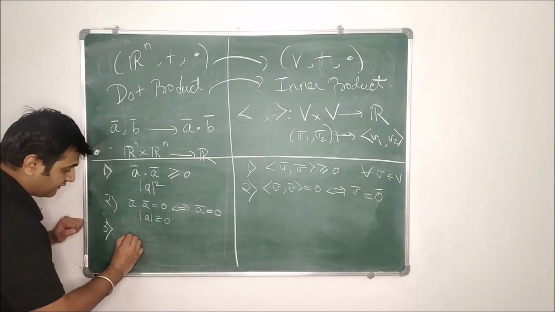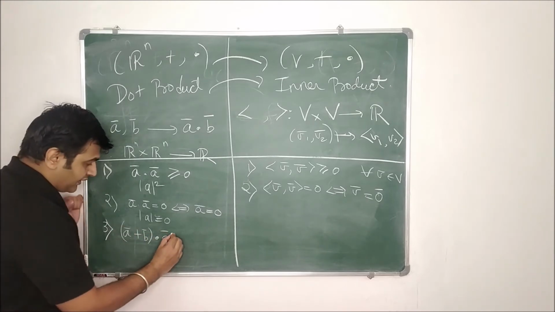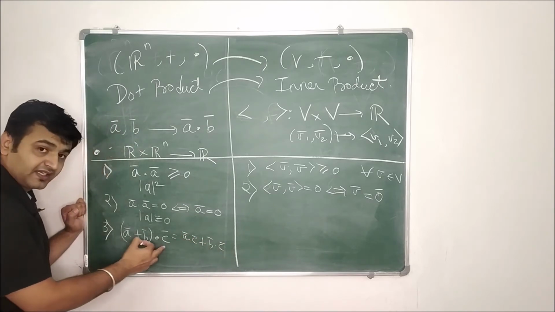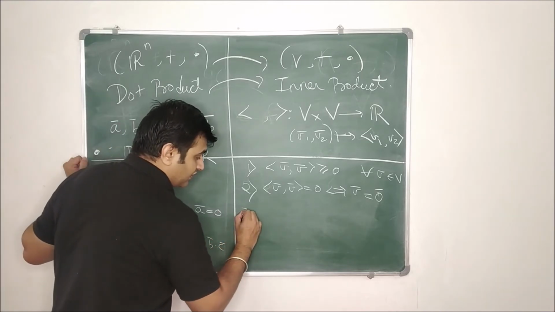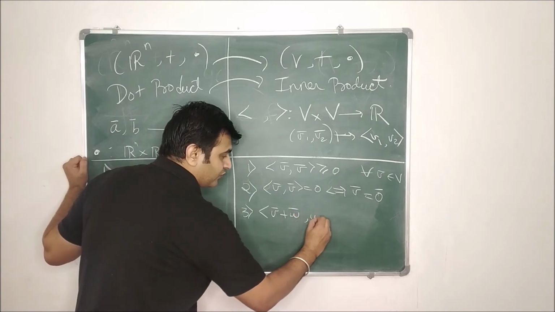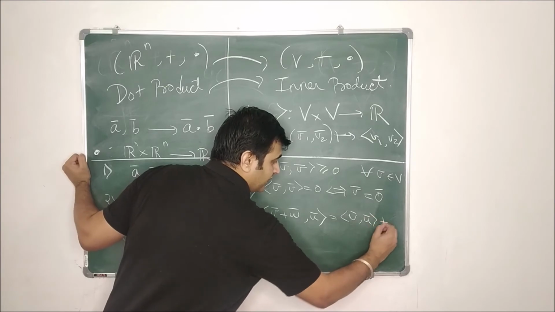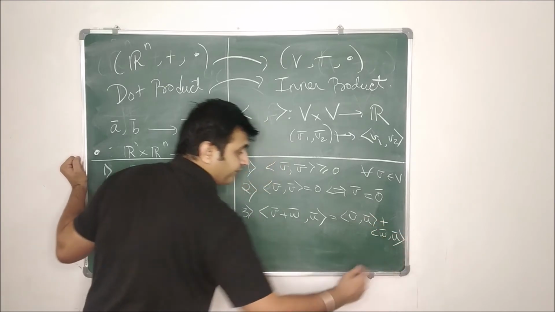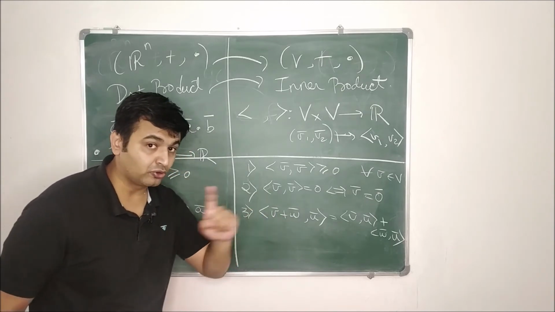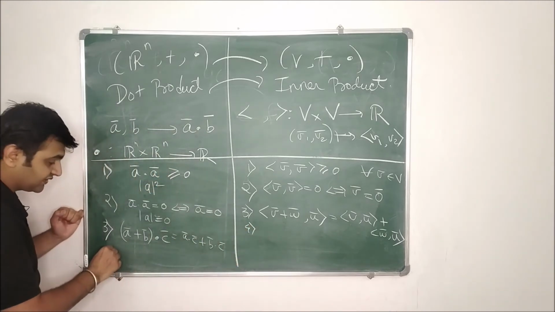Next comes the linearity. What is A bar plus B bar dot product with C bar? It is nothing but A bar dot C bar plus B bar dot C bar. This dot product gets distributed. So that's the third property, which is called linearity. If you take V bar plus W bar comma U bar, then this is nothing but V bar comma U bar plus W bar comma U bar. So this is called linear in the first component. Only in the first component; I am not talking about the second component. So that's one thing. The fourth property, what is the fourth property over here?